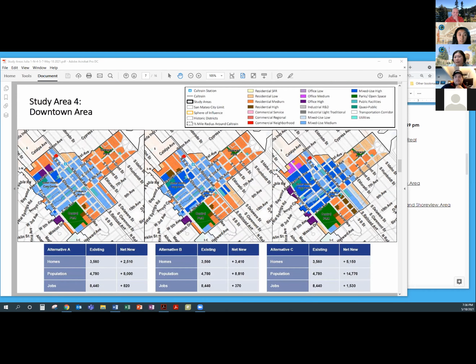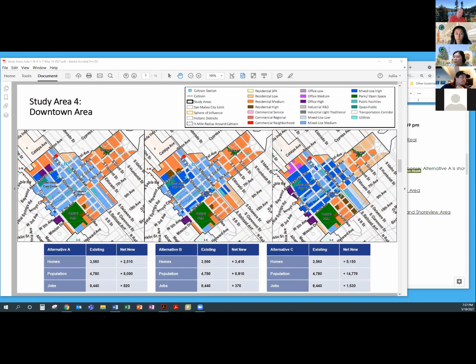Otherwise, we can move on. Study area question: please comment on the variation of use along Caltrain, south of Fifth Avenue. Sure. Along the Caltrain corridor, which is along here, in alternative A, it's currently shown as mixed use medium. The lighter green color is reflective of a city facility, the parking garage that the city council recently approved.